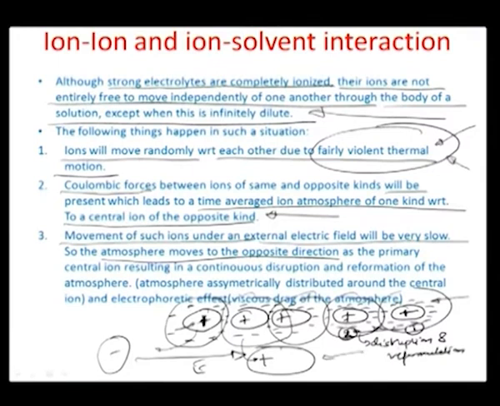So there may be many effects like the electrophoretic effect, which is essentially the movement of the charges across a medium under a potential externally applied to the system. And there can also be viscous drag of the atmosphere, because mind you, all these charged moieties are present in solution. So if the positive center is moving ahead and the negative center is trying to move in the opposite direction, it is obvious that there would be viscous effects, or there would be shear between the layers of the solution which is containing these ions in turn.